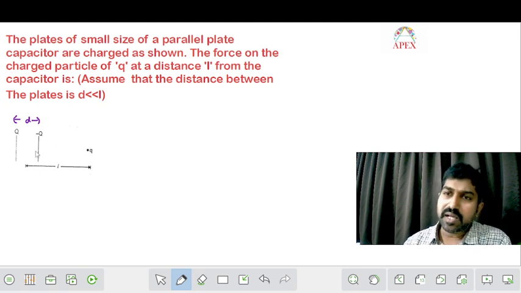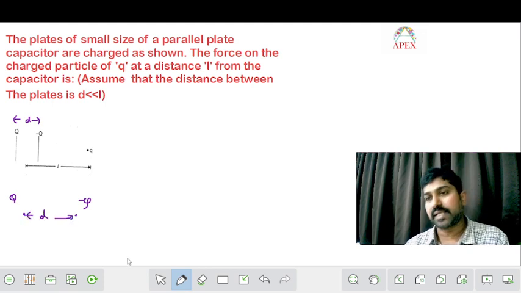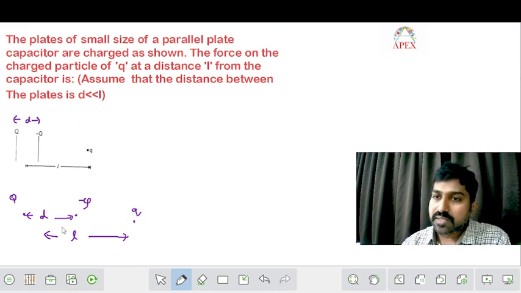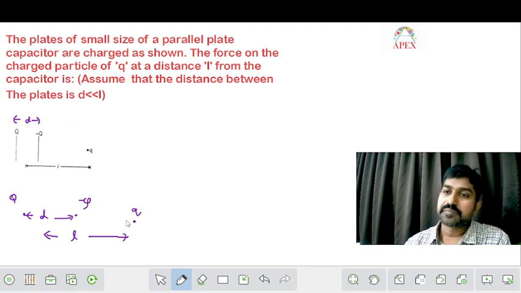If L is very much large when compared with the distance between the plates, and the plates are also very much small, then you can imagine here that there are 2 point charges plus Q and minus Q at a distance D only. You can imagine like that. And at a point P or something else, which is at distance L from the center, you are having a small charge. Whatever the electric field is produced due to this configuration, at this point, if you calculate, then force is nothing but E into Q only.